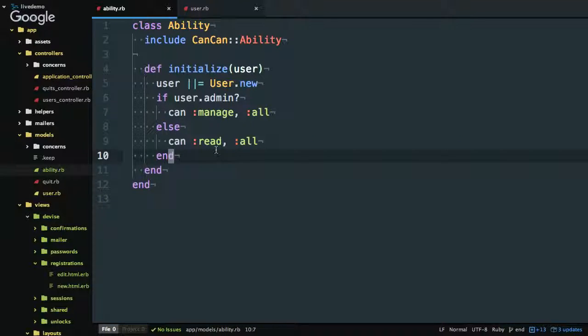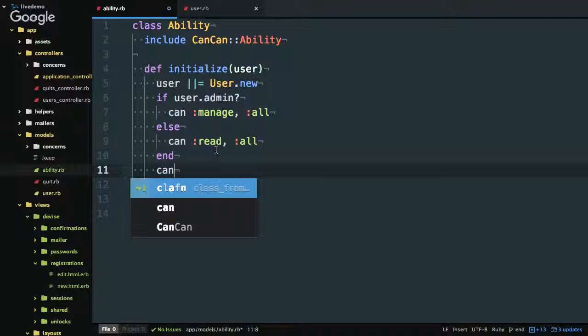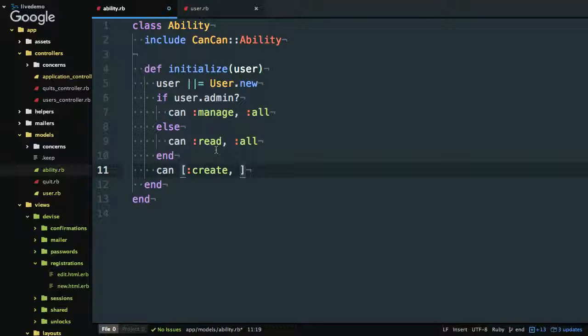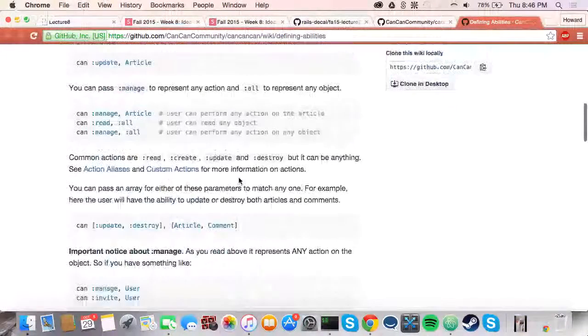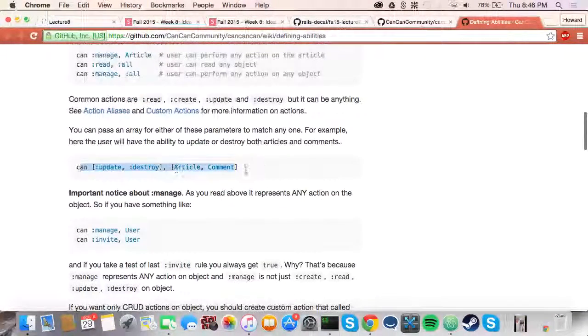So right now we're going to write a can method. What abilities we want to give people is the ability to either create a quit, update a quit, or delete a quit, or just let me see if that's the right word. Destroy. Sorry. So you see in the documentation, they'll give you an example of